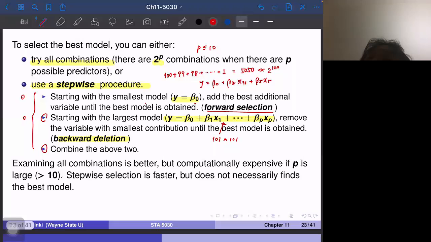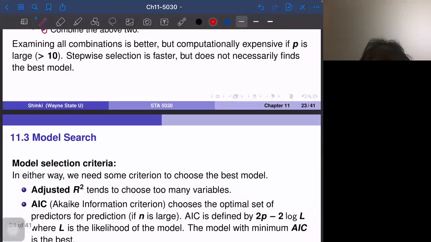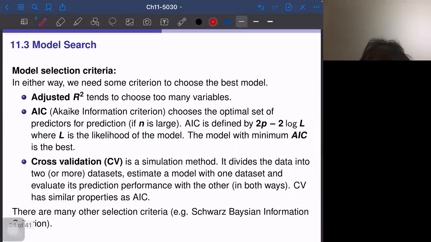Yeah, so these are the basic concepts to find the best model. Okay, so the next question is, even if we decided the algorithm, what's the criterion for the selection? For the first variable, what's the criterion to choose it? Also, more importantly, if we add one more variable, then the residual size always gets smaller. But if the contribution of the additional variable is too small, then we decide not to add it. So what's the criterion not to choose a variable? So we need some